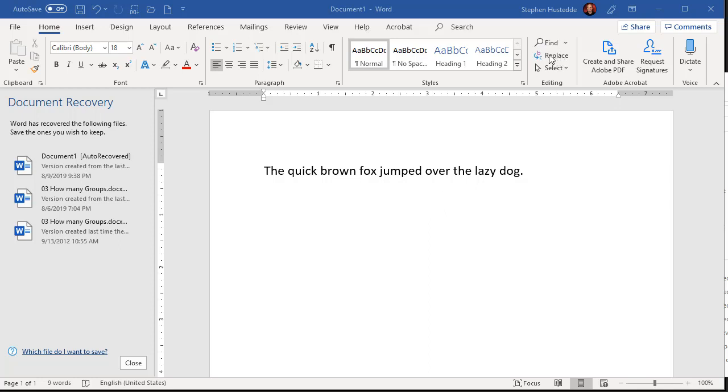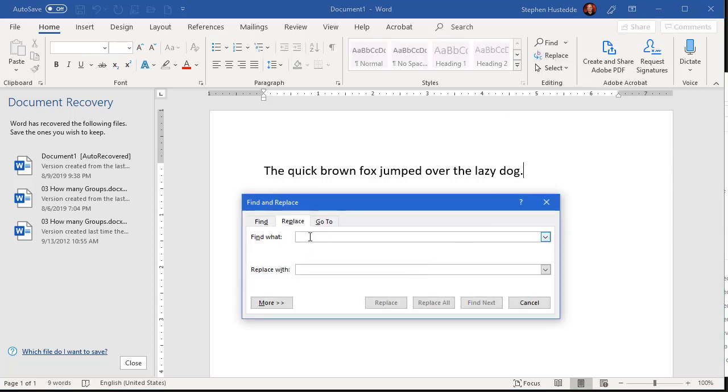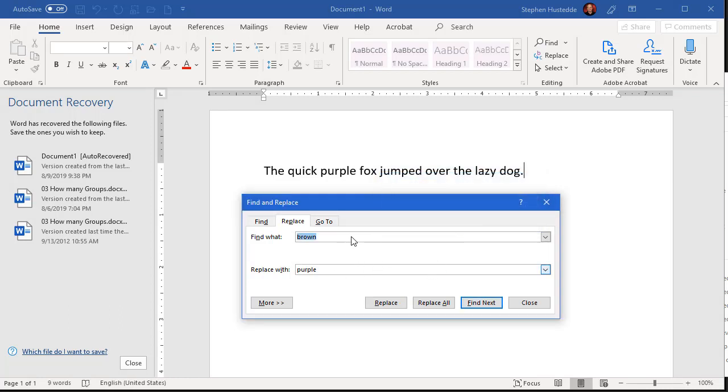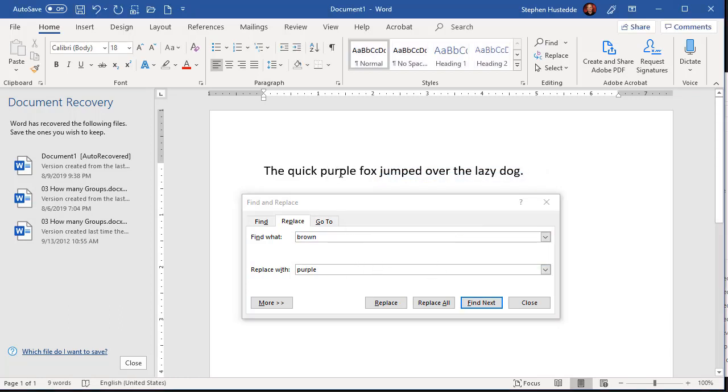I'm going to click the replace button up here on my button bar, and I want to search for the word brown and replace it maybe with the word purple. So if I click replace, it will find the word, and I click replace again, it will replace it. So it's a two-step process in Microsoft Word. What we're going to do is a one-step process, which would sort of be more like if I change this back to brown